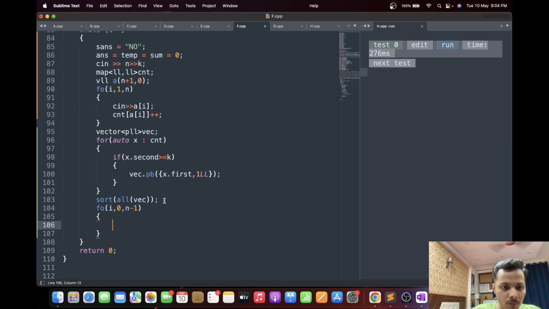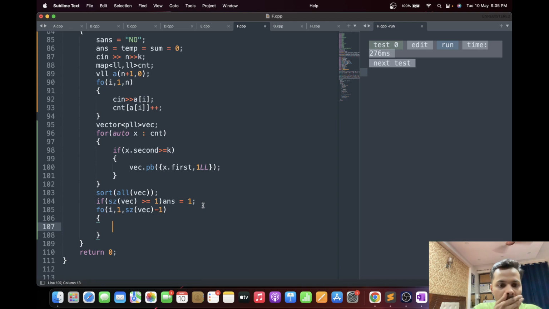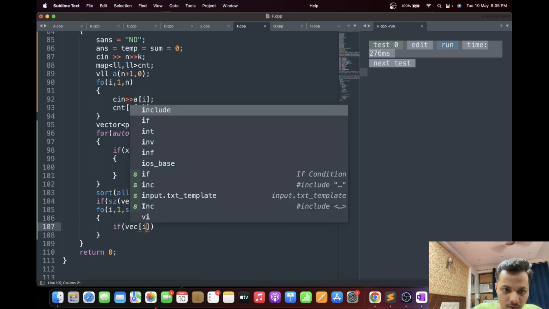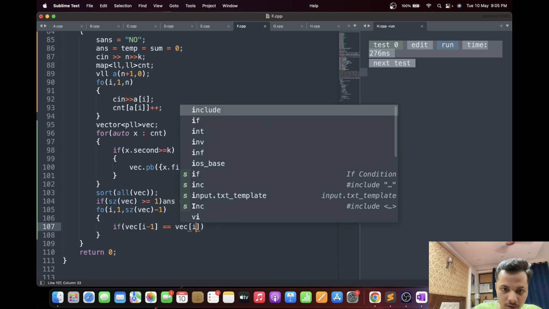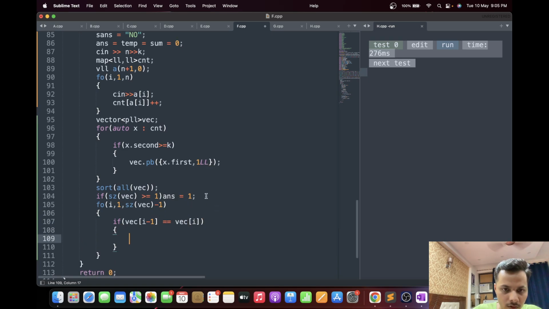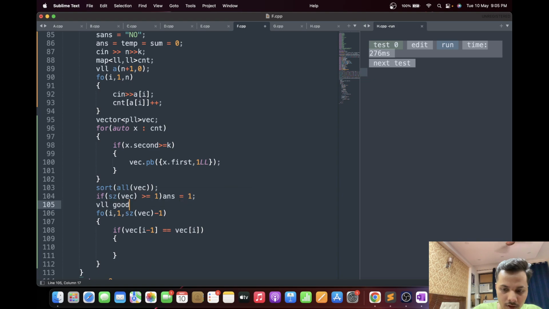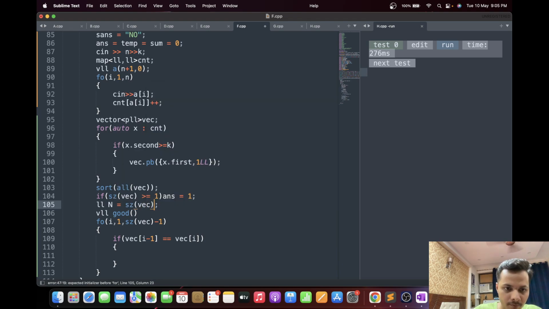So now what we'll do is, if vec of I minus 1 equal to vec of I, we'll have an array good, size n with 1.